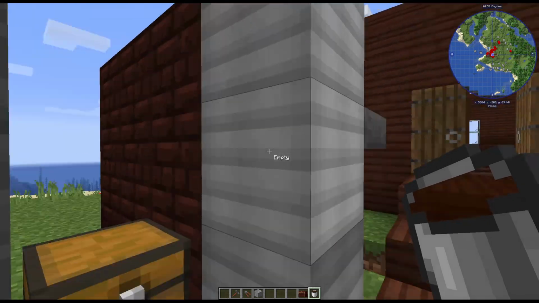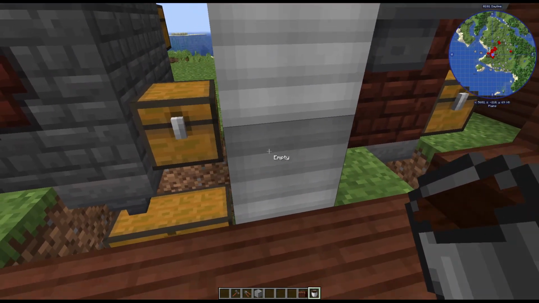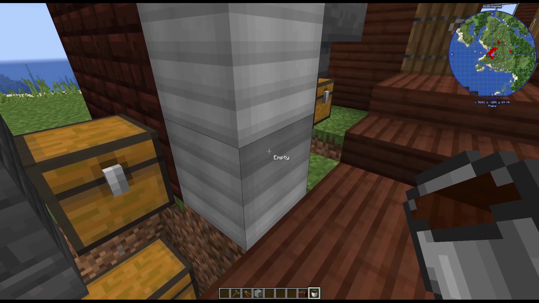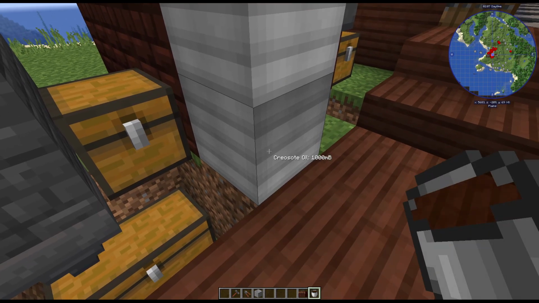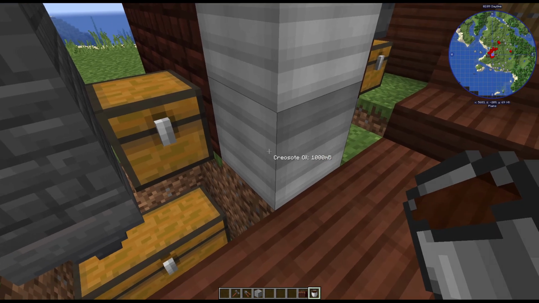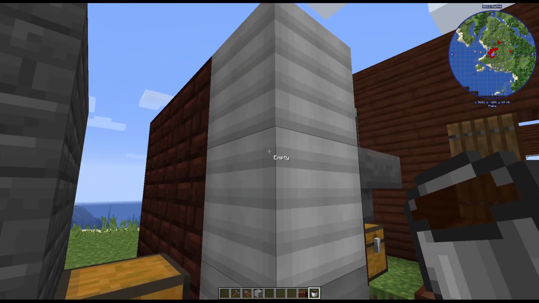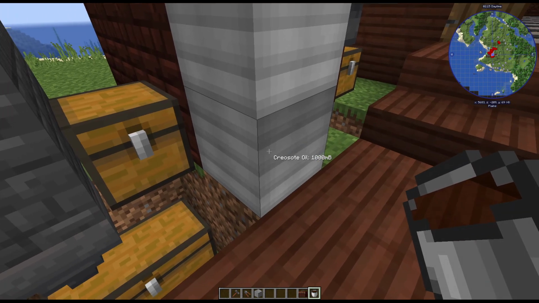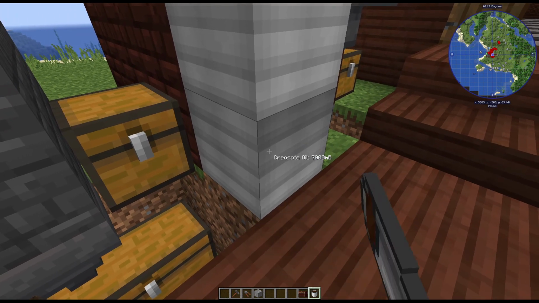Because if you look at it, the barrels with a bucket in your hand, even if it has something in it, it'll tell you if there's anything in the barrels. Right now they're empty, but if I add creosote oil, it'll tell you how much is in here. Now these two will still show empty because it'll fill up this bottom one first. But if I keep filling this up,